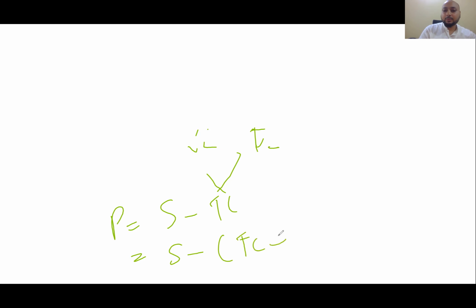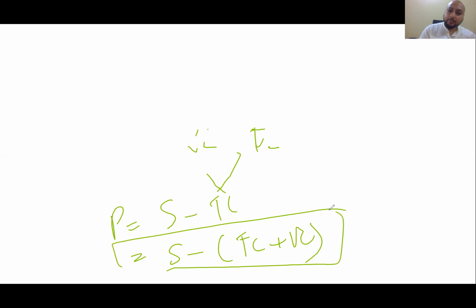So if you open that one, fixed cost plus variable cost, and this is the basic mathematical equation. So minus is outside the bracket, so it would be sale minus fixed cost minus variable cost is equal to your profit. So we know that